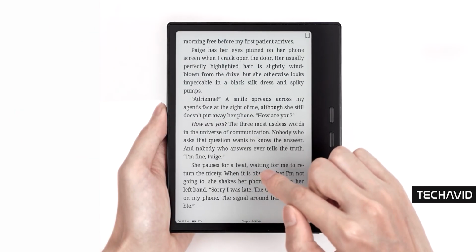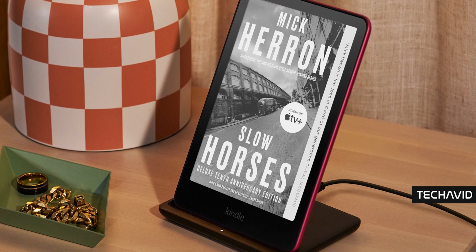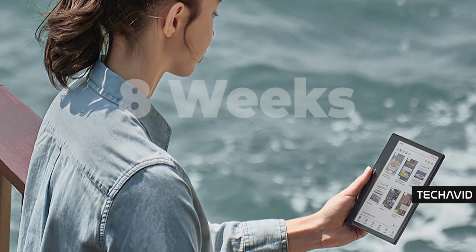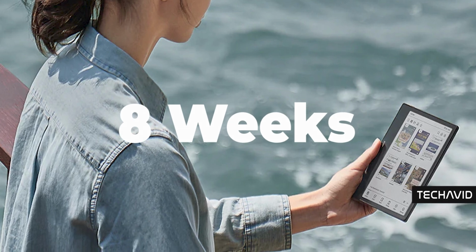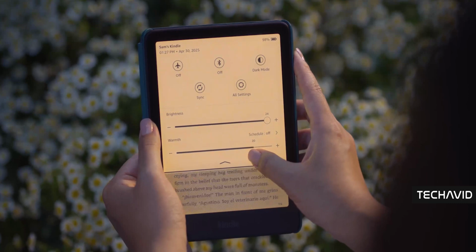Now, battery life. Kindle flexes hard, up to 12 weeks if you're just casually reading. Boox, around 8 weeks, not bad at all considering it does way more. Fair trade. To wrap it up, if you're just here to read, relax, and maybe listen to a few audiobooks,